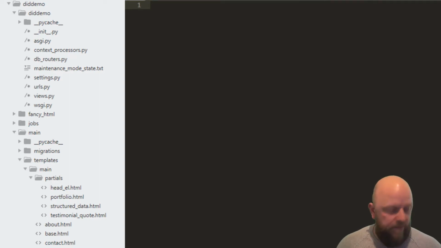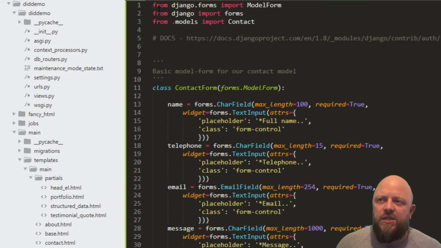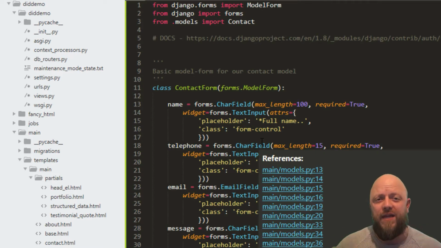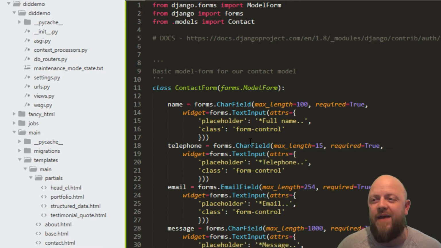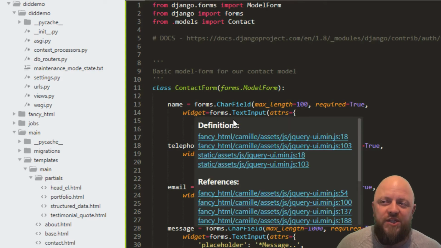So we are importing ModelForm from django.forms. We're importing forms from django, and then from .models we're importing Contact. There we go, we've got a link to the docs here, and then we're creating a model form called ContactForm. Then I've created a name variable here, where forms is a CharField. I'm creating the field for the HTML, so that when we render this in the HTML template, it renders identical to the one that's in the template currently. The way I've done that is I've added this class to the widget, so it's a TextInput, and